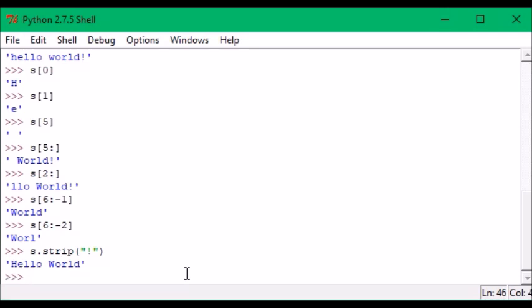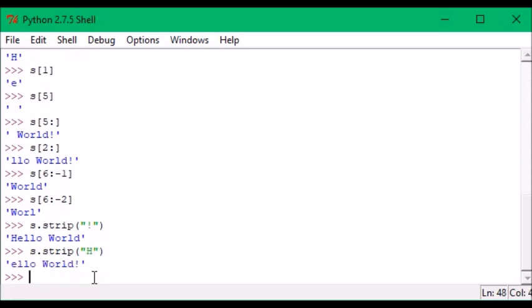That means the particular character will be removed. Or instead of the exclamation mark, just type h, you can see h is removed, ello world. So likewise these are the operations for the string.